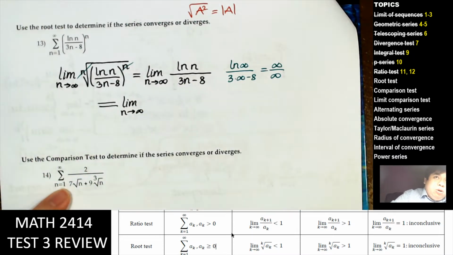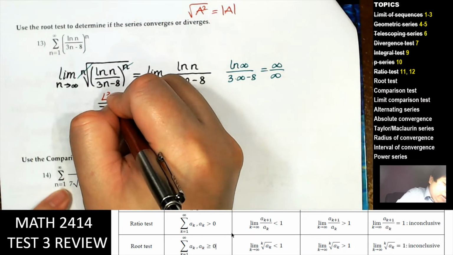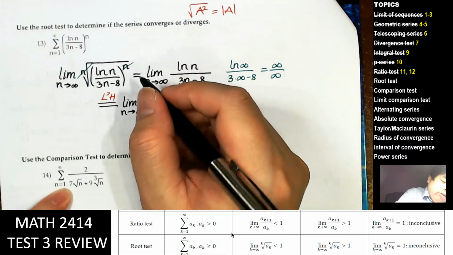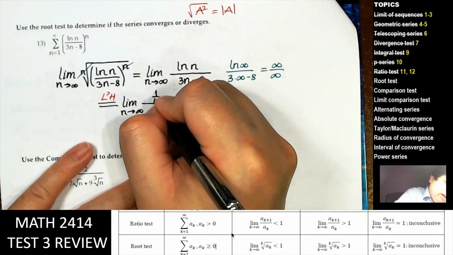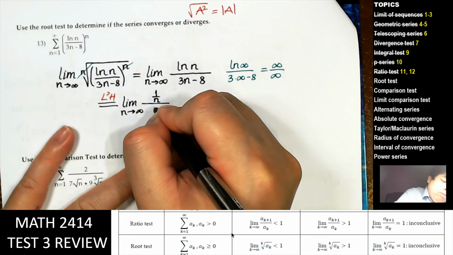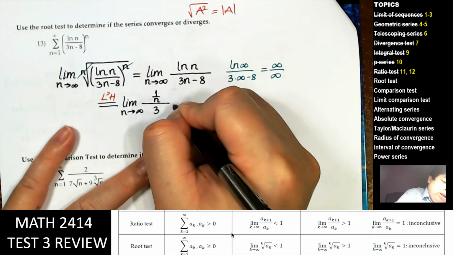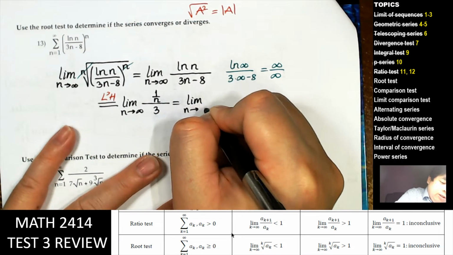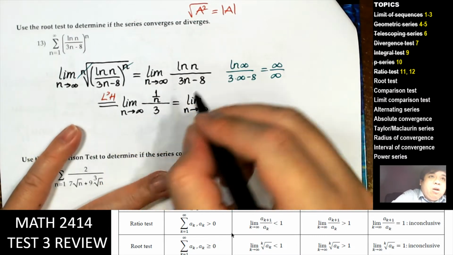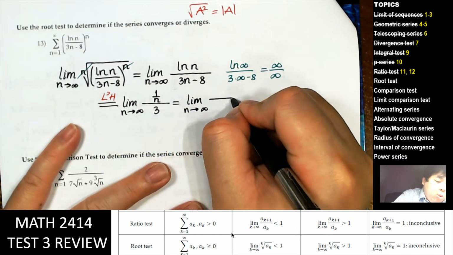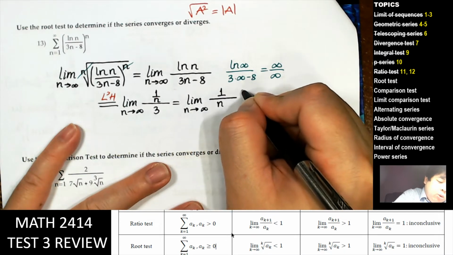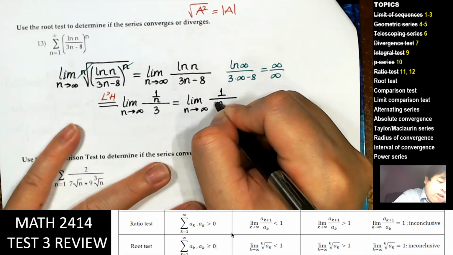So use L'Hospital's rule. Derivative of ln n is 1 over n. Derivative of 3n minus 8 is 3. So we will have 1 over n divided by 3, which is like multiplied by 1/3. So we have 1 over n multiplied by 1 over 3. So we just have